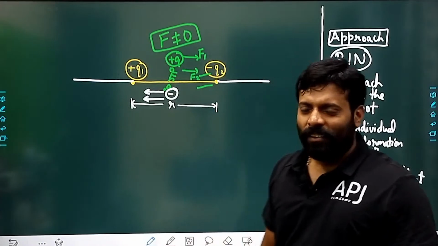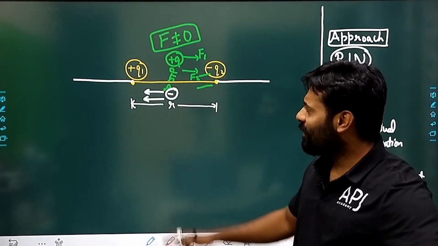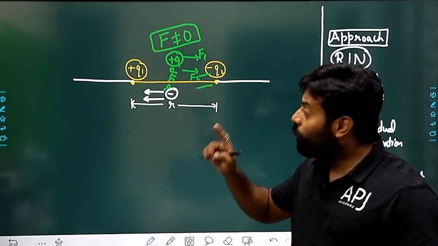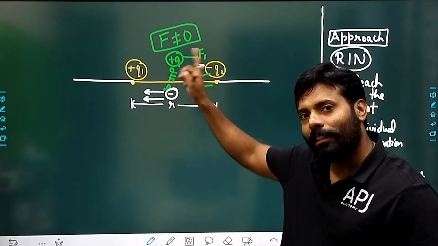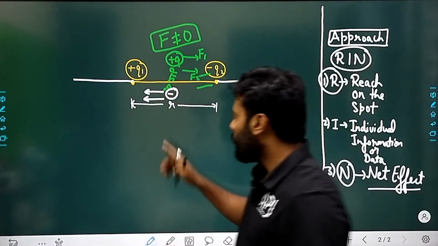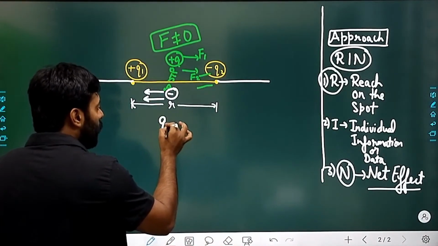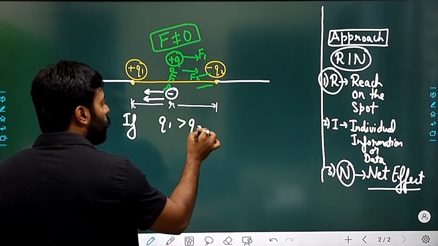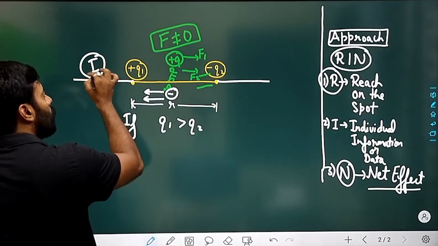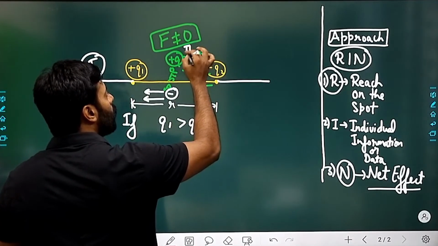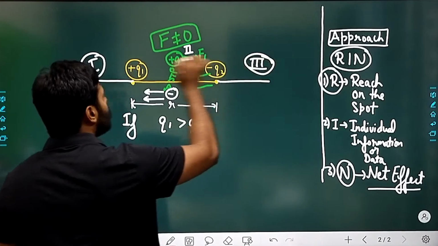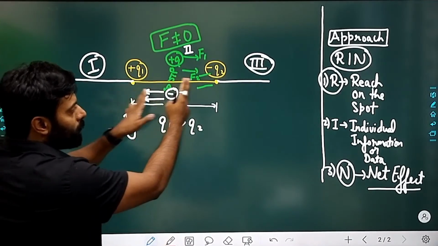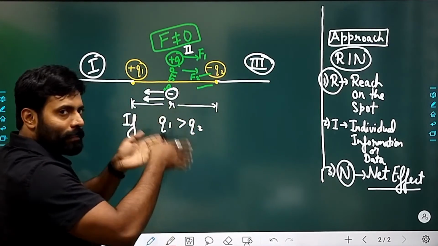So sir, force 0 आएगी नहीं इधर क्या? So, is there any region where the force can be equal to 0? So force will be equal to 0 on the side where the charge is smaller. Now we have to consider, let me consider that Q1 is greater than Q2. This is region 1, region 2, region 3. If Q1 is greater than Q2, means this is greater, this is smaller, then magnitude wise I am saying,